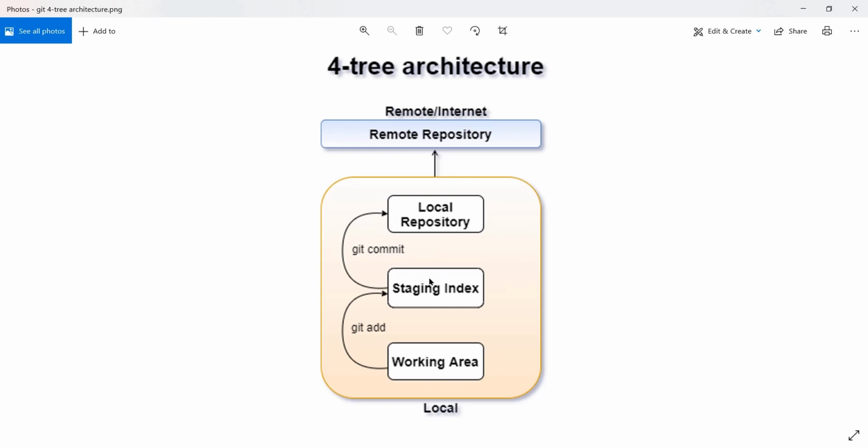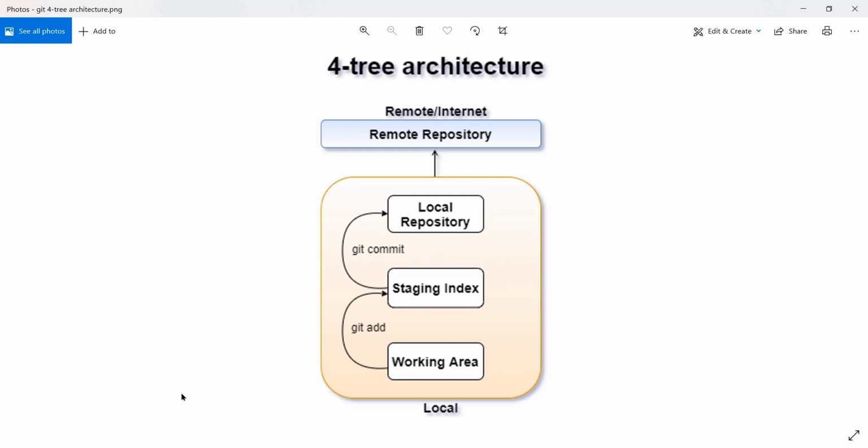So that is the second scenario. Like I want to see the file content difference between these two stages. And another scenario that we can have is that I am currently in my working area and I want to compare that file with the version that is available in my repository. So that is the third scenario.